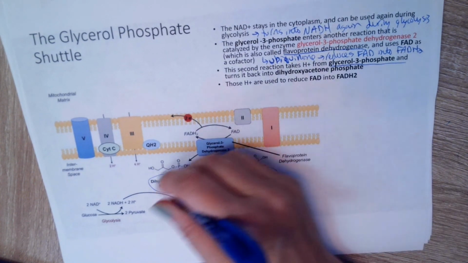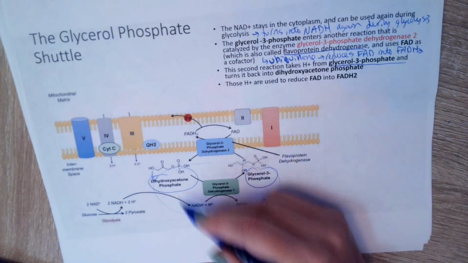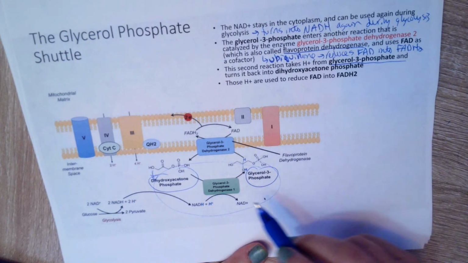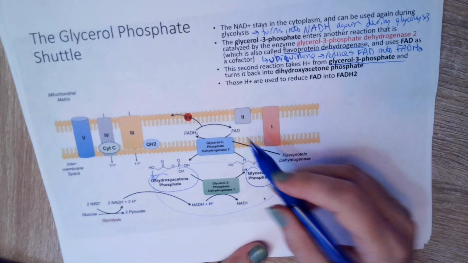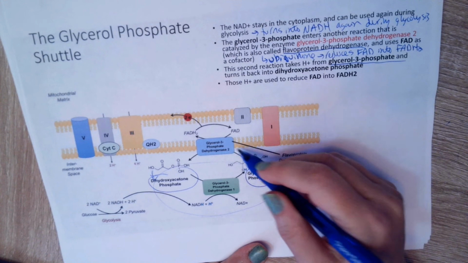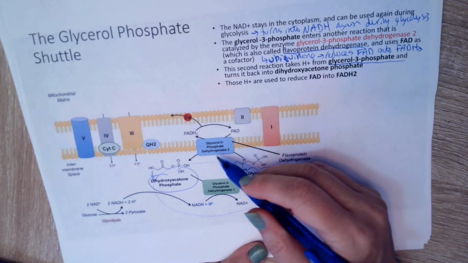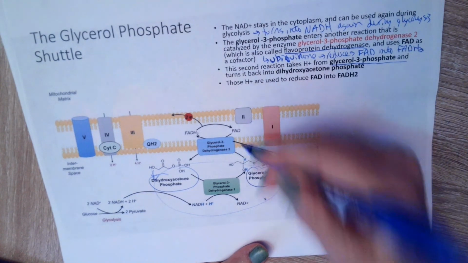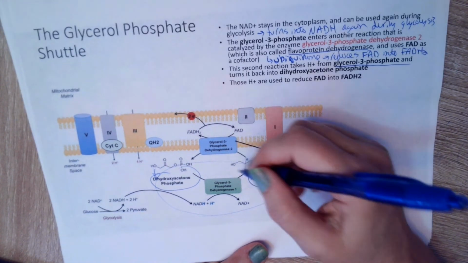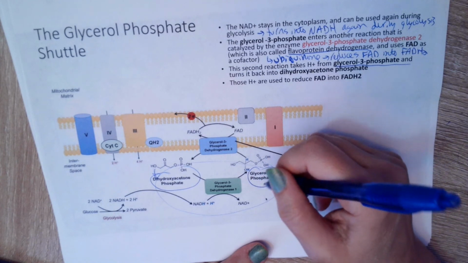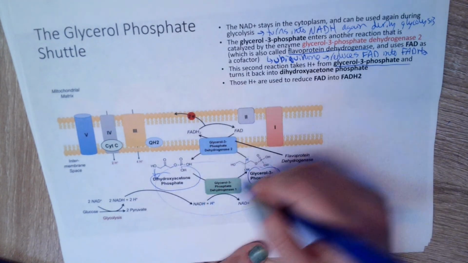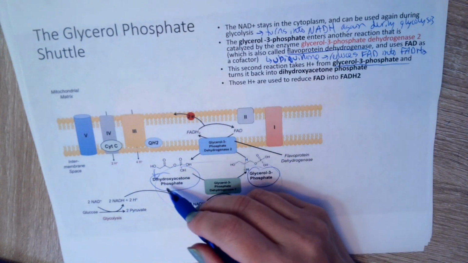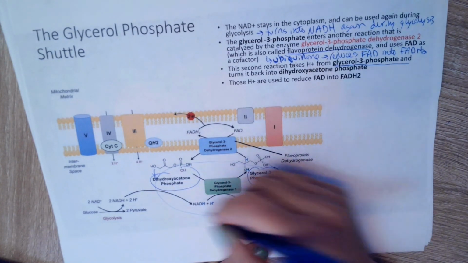So we have to resupply this in order to continue this entire process, to make a perfect little circle. After we've taken the electrons away, the same enzyme, embedded in this inner mitochondrial membrane, is going to just reverse the reaction and turn that glycerol 3-phosphate back into dihydroxyacetone phosphate,